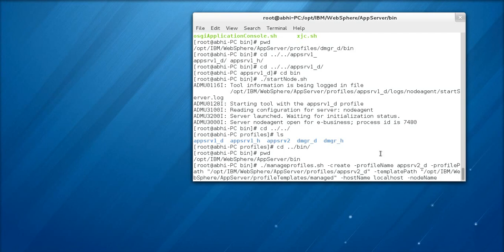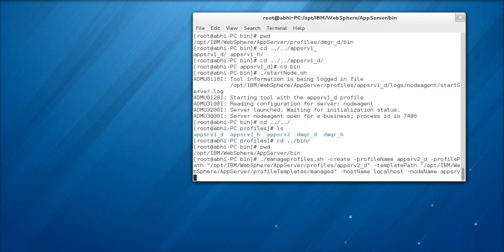But since we are following a standard process, creating a node name with the same format we used for the JVM, like app server 1 underscore d underscore node for app server 1, for server 2 we need to follow the same pattern. So app